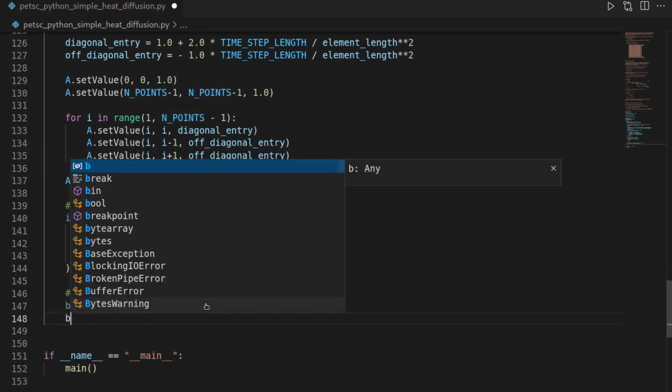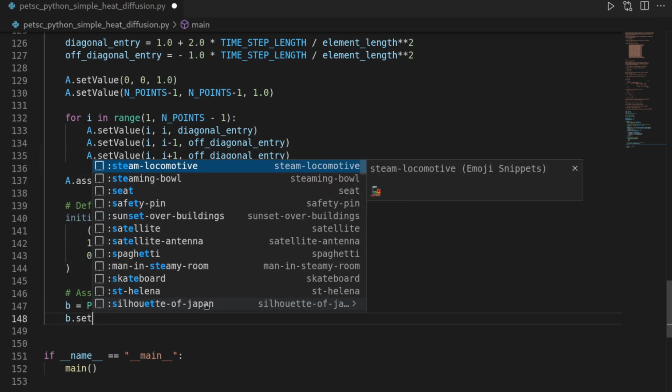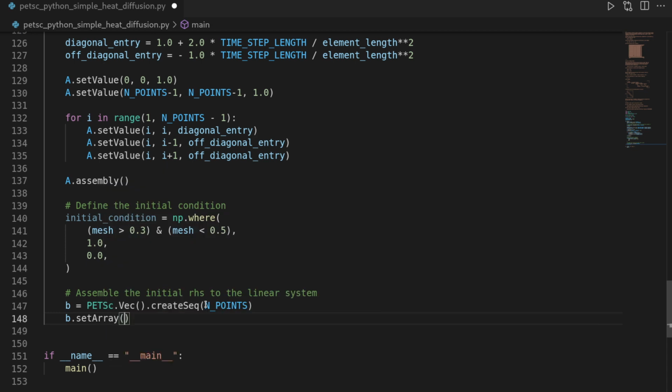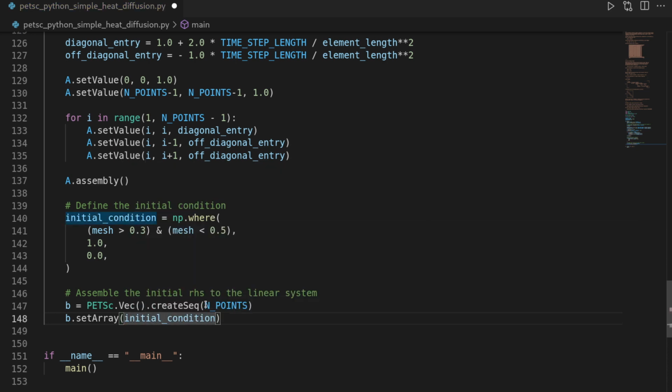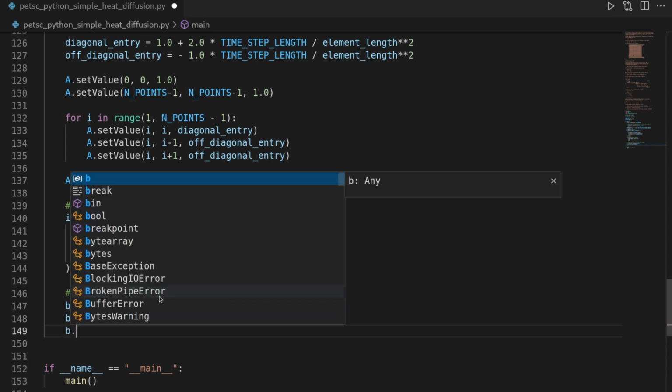And then we can just say b.setArray in order to set the entire vector array at the same time and fill it with the initial condition. And that also works because both have the same shape. And in this particular case, we would already ensure that our Dirichlet boundary condition is 0, since the initial condition is also 0. But here I want to explicitly do that in order to highlight it by saying